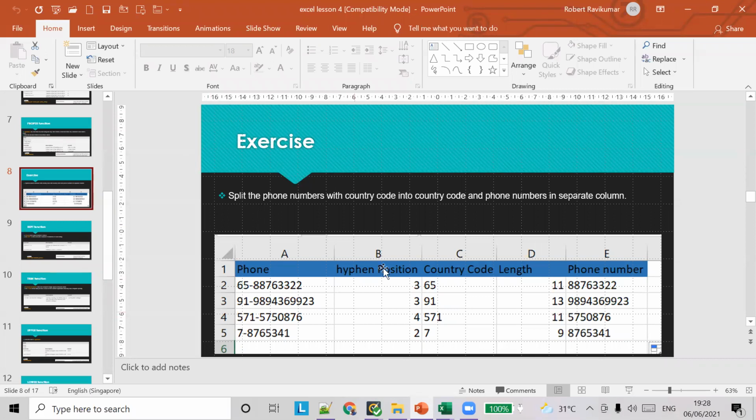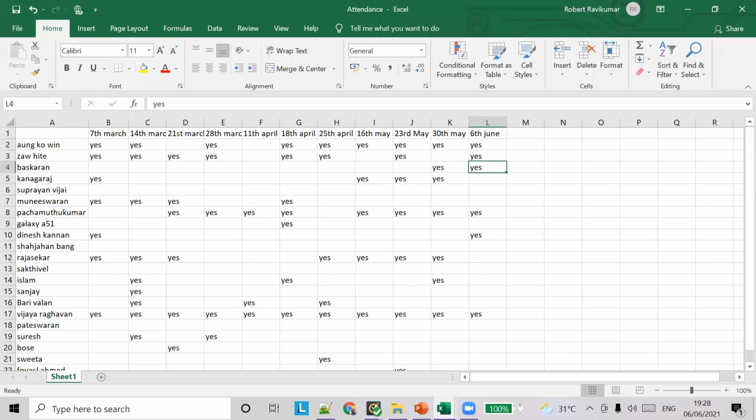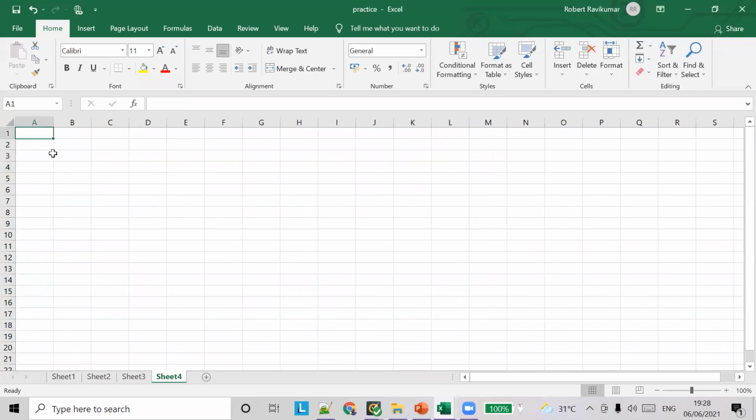So guys, I'll teach you how to do this. Let me try to solve it myself. You can stop working and pay attention now. First we have to find the country code from the phone number. First you have to find the position of hyphen.